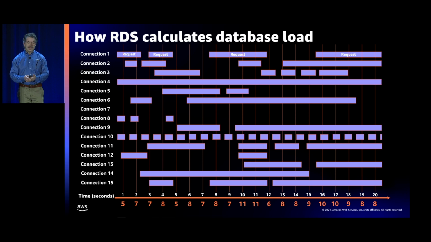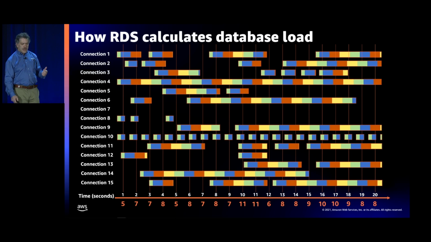Now I want to show you something else interesting. During a database request, the request might be doing all kinds of different things, not just one kind of thing. It might spend some time doing reads. It might spend some time doing writes. It might spend some time waiting on CPU or waiting on locks or something like that. So if you look at all these different colors, they could represent all the different types of things that a session might be doing over its lifetime, over the lifetime of a request.